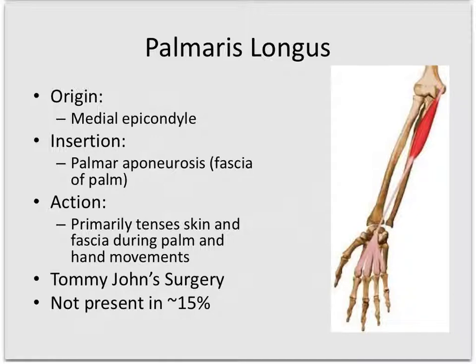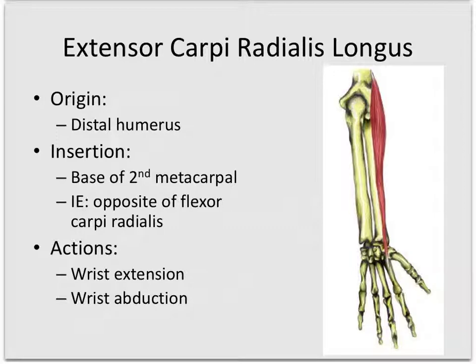So that's Palmaris Longus. Okay, now moving on to the extensor muscles. Next we have the extensor carpi radialis longus. One thing that's different about this muscle is it's the only one of the extensor muscles that doesn't originate from the lateral epicondyle. So think, now we're on the posterior side of the forearm. The other extensor muscles originate on the lateral epicondyle of the humerus, just like all the flexors originate on the medial epicondyle. And this muscle actually originates above that on the